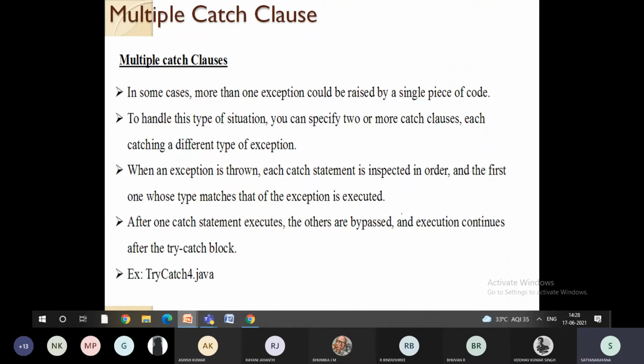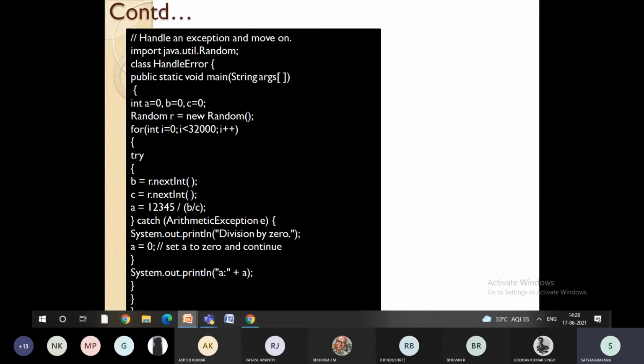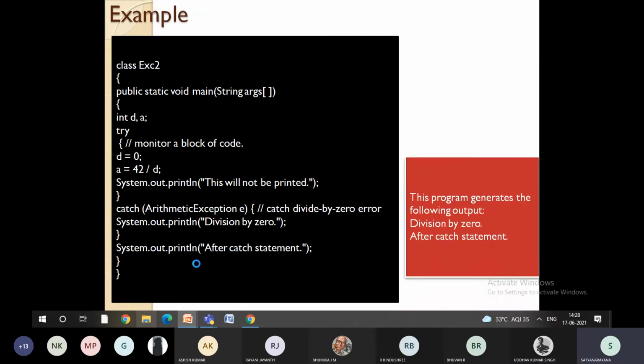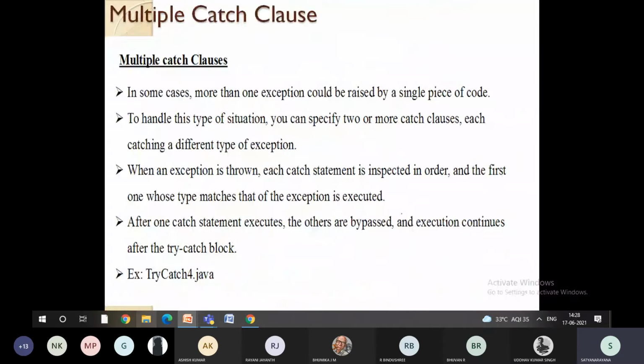In the previous example which we have seen, we have only one exception and one catch. So when an exception occurred there, it was directly thrown by this try and caught by the catch block. Suppose I have multiple catches, then which one does it need to contact? That is the confusion we are going to get. So to avoid that, based on the exception which gets matched with the particular catch block, it will be thrown. So we'll see an example.